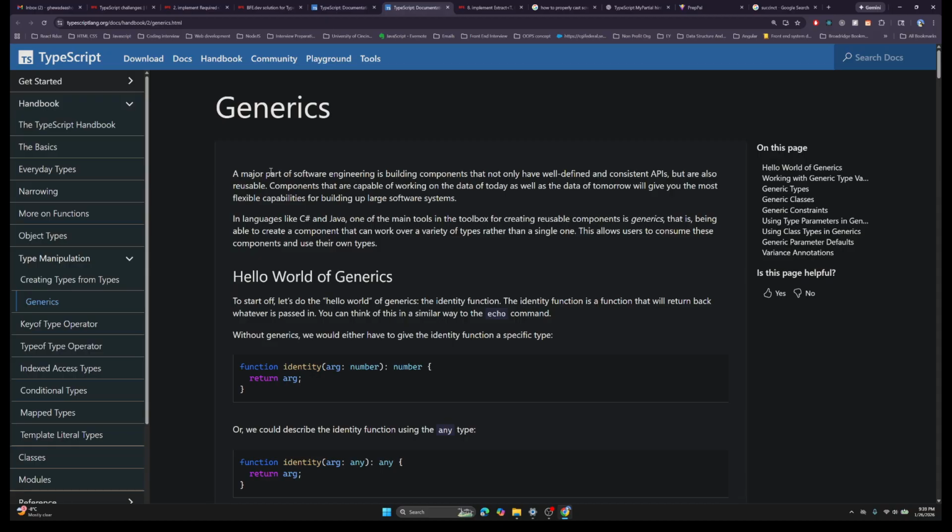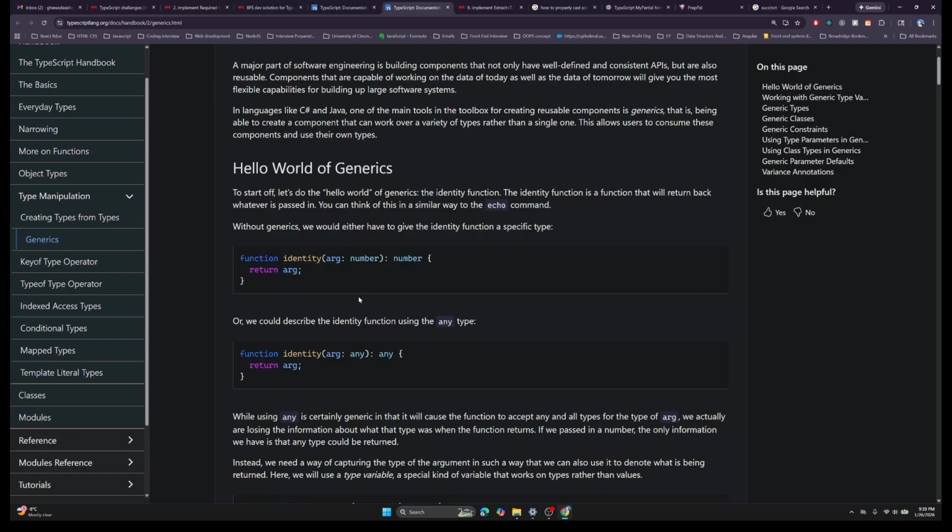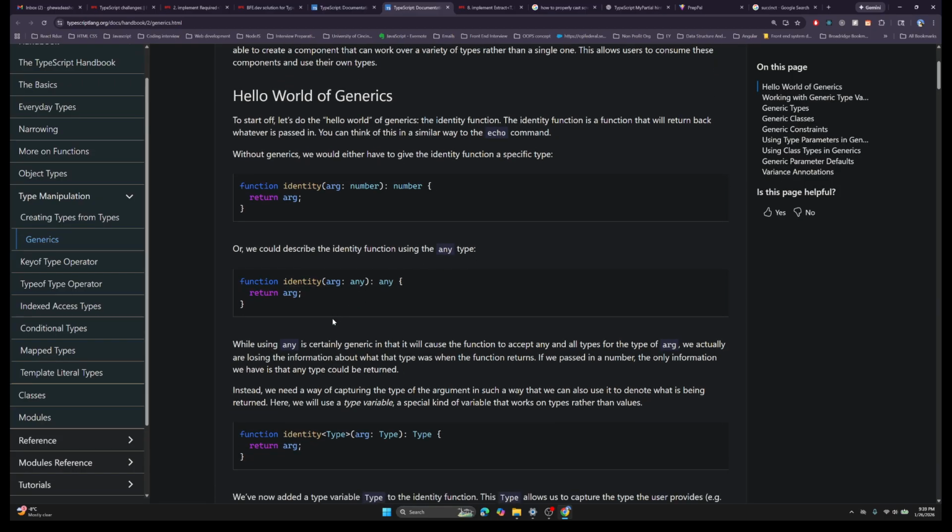Without generics, we either have to give the identity function a specific type. Okay, a function identity(arg: number), the argument is a number type, and the identity function returns a number. Or we could describe the identity function using the any type. While using any is certainly generic in that it will cause the function to accept any and all types of arg,